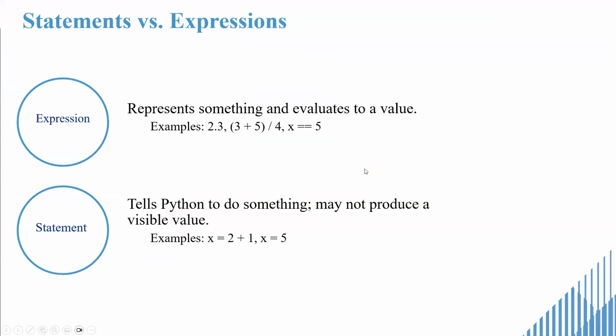But a statement will not give you a value. It will just do something. You tell Python to do something, or you give a name, x is equal to 5 or x is equal to 2 plus 1.